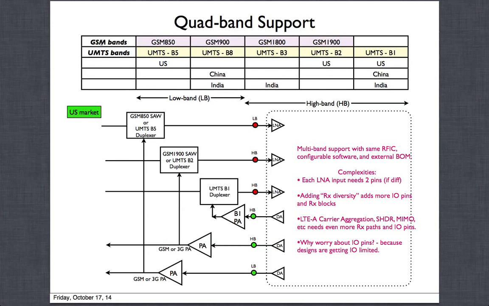We talked about GSM. There are 4 bands which are very popular worldwide: 850 megahertz, 900 megahertz, 1800 megahertz and 1900 megahertz. These are the 4 bands for GSM. For UMTS, the corresponding bands are in the same frequencies but have different names. In the next 1 or 2 slides I'll have the frequencies. The GSM 850 megahertz band in the UMTS standard is called band 5. This is band 8. This frequency is called band 3. This is band 2 and band 1.